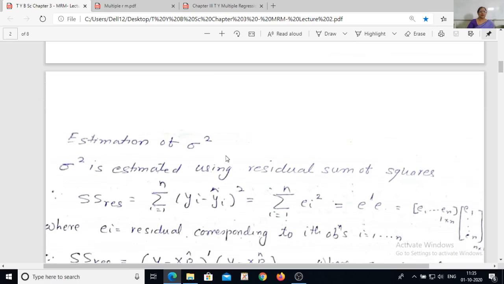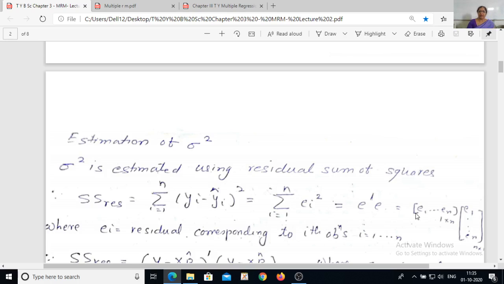So sigma square is a population quantity, and we estimate it from the model as it is. Sigma square is estimated by using residual sum of squares. Residual sum of squares is nothing but summation i taking value from 1 to n, (yi minus yi cap) square. So yi minus yi cap is your error in estimation, which we call ei. So it is summation i equals 1 to n ei square,